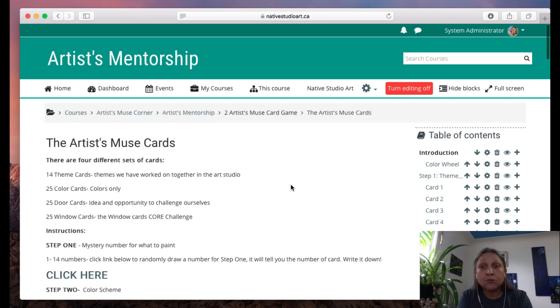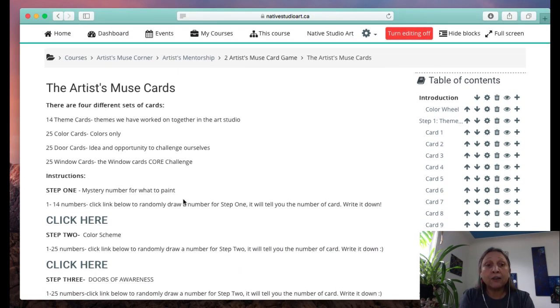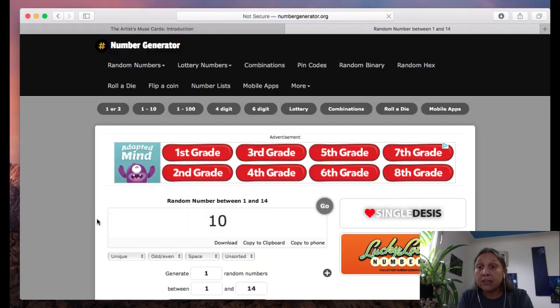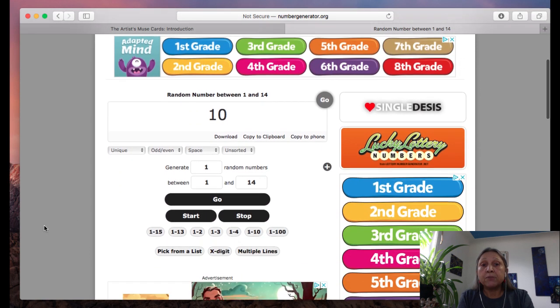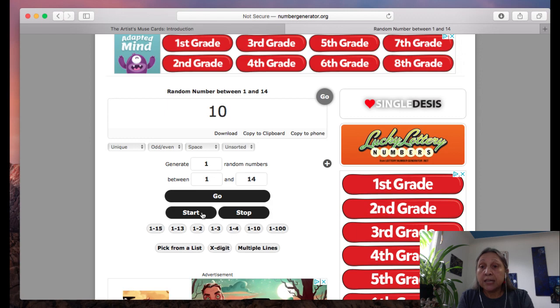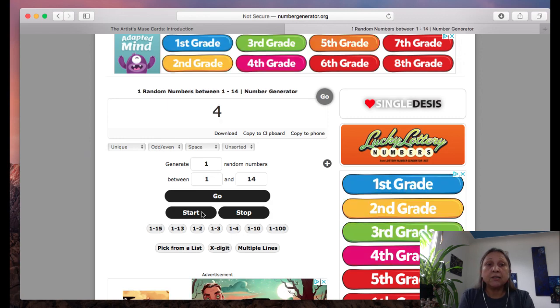So let's do step 1. We're going to go and get our theme card. Step 1, 1 to 14 numbers. And what it's going to do is take you to a random number generator. Here it is on a website. You can hit start and it will keep going. When you hit stop, write the number down. So we have number 8. Okay? Then you can X out